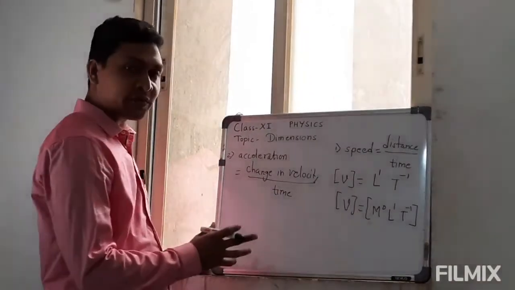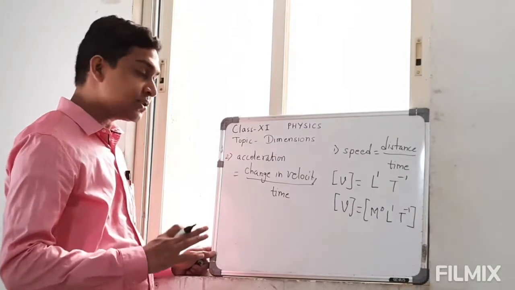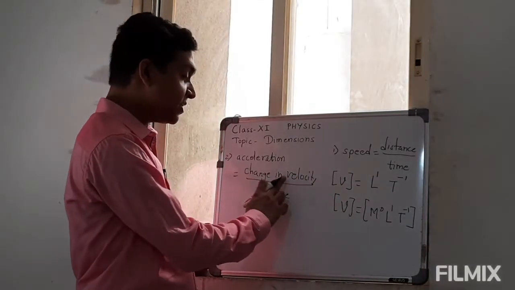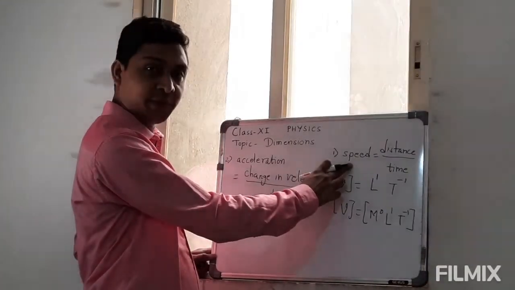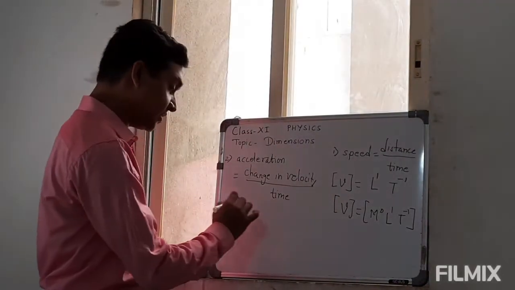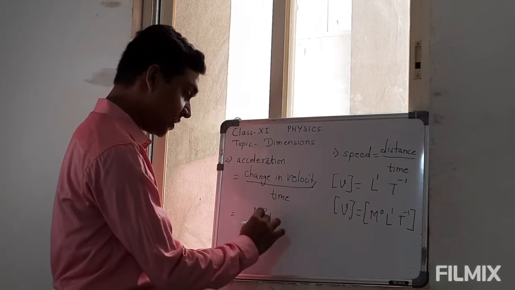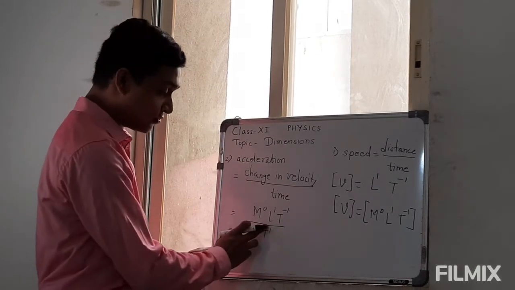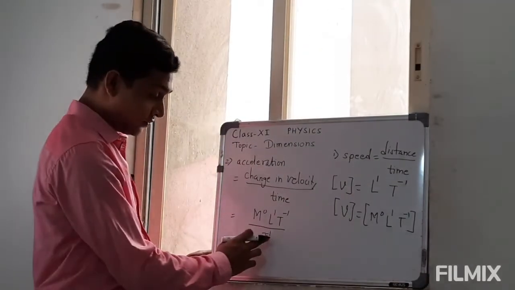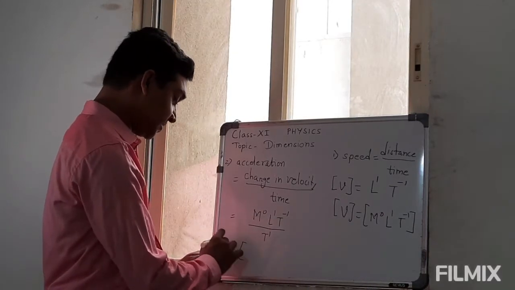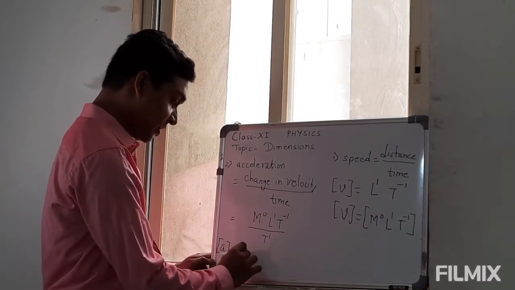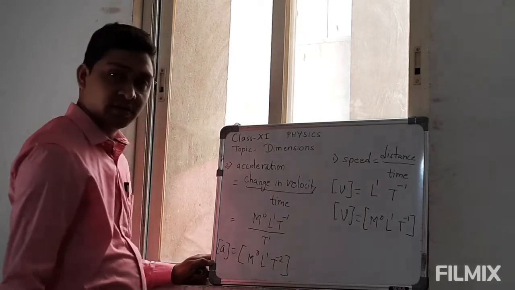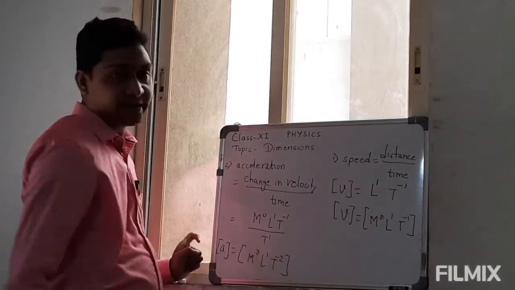Okay, so change in velocity or velocity, both have the same dimensions, and velocity and speed both have the same units and same dimensions. So whatever the dimensions of velocity, the same dimensions are of speed. So the dimensions of speed we can use over here, that is M0, L1, T-1, and at the denominator side we also have one time factor, that is T1. So if you take this factor to the numerator, the dimensions of acceleration become M0, L1 and T-2. Okay, so these are the dimensions for acceleration.